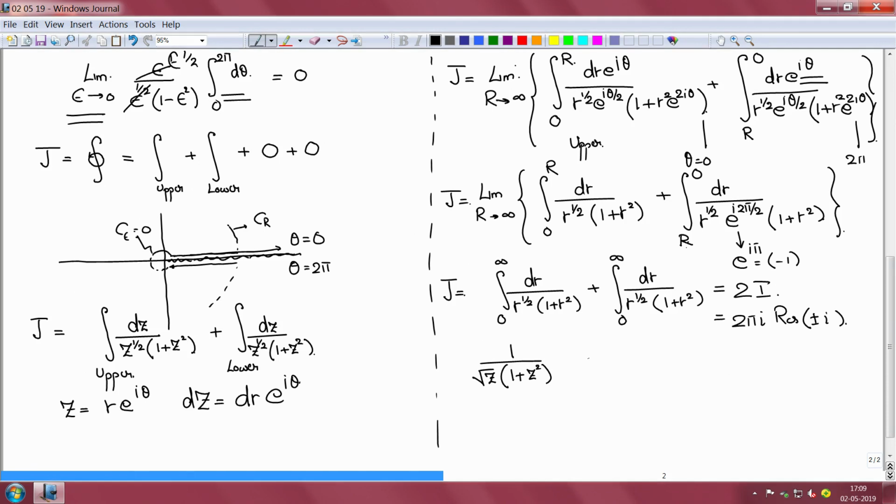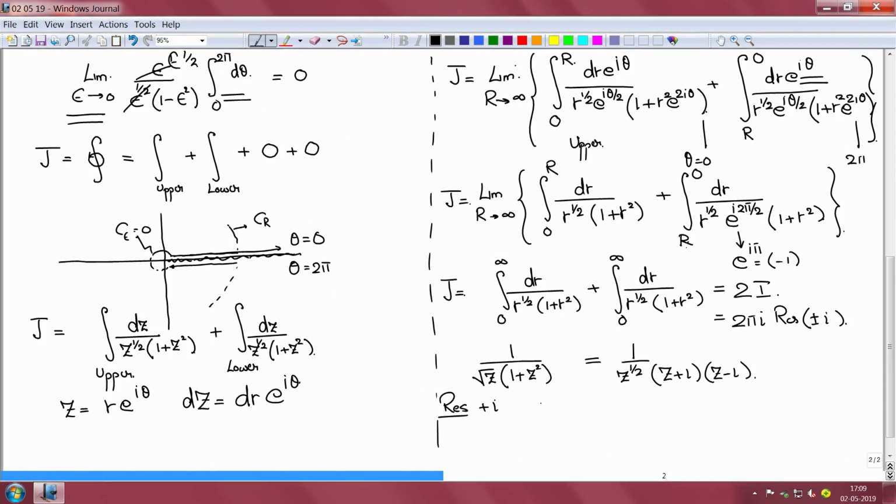And so we write this as 1 over z to the power half, z plus I into z minus I. So the residue at plus I